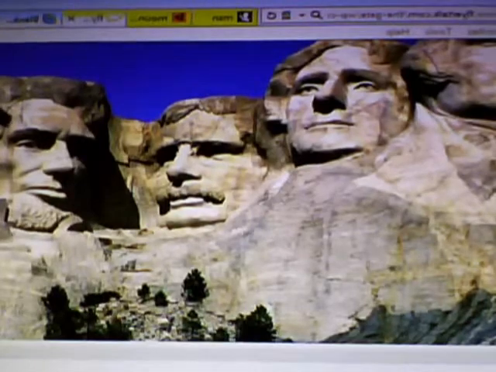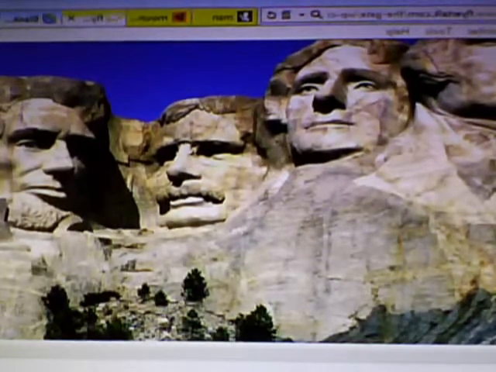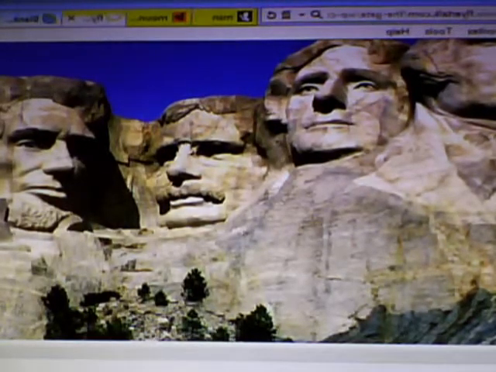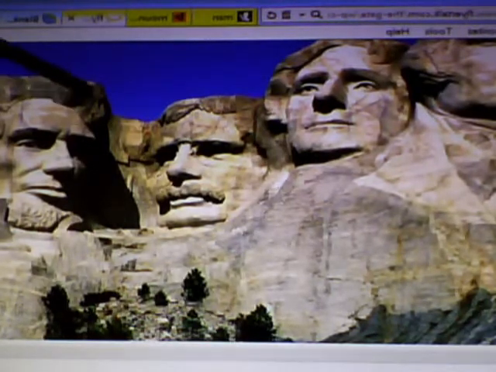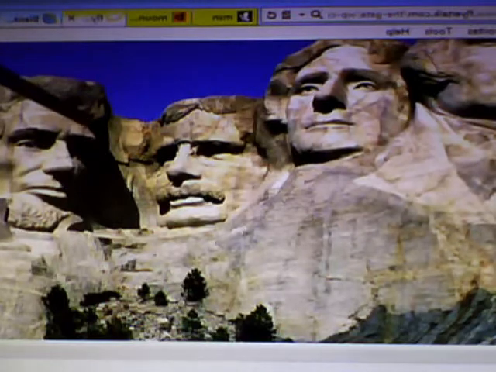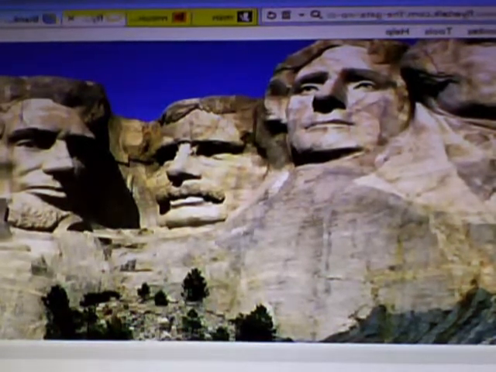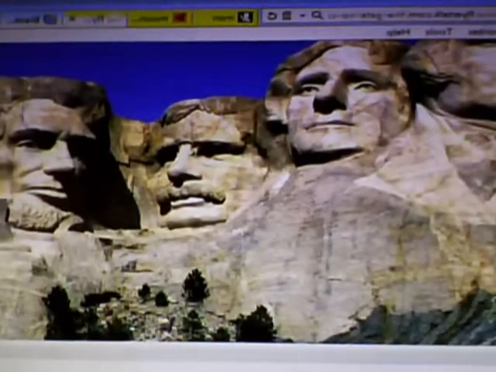Here, we know that Lincoln was shot with the derringer pistol. Look at Lincoln's head. This guy put the derringer that Lincoln was shot in the head with, encrypted it right here in his head, in his hair, in his hairline, right there. I have a closer up picture. Let me bring it in on my book.